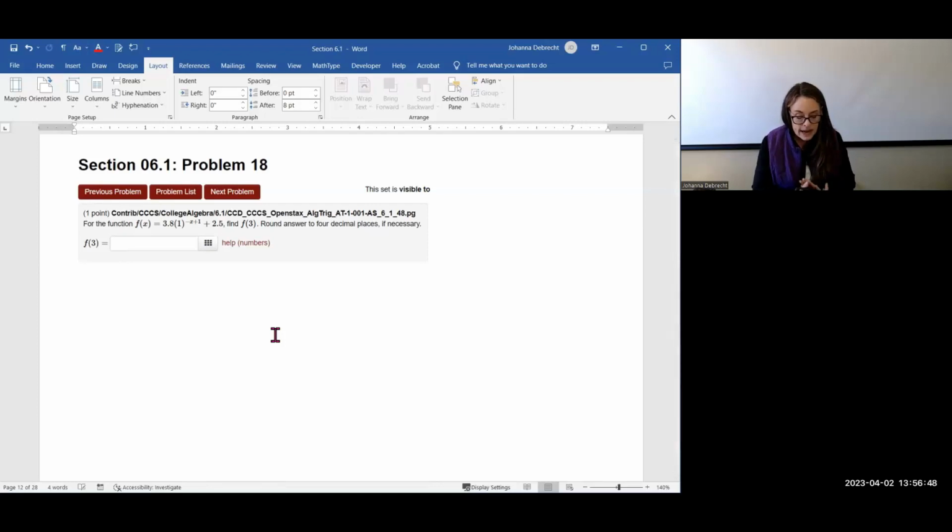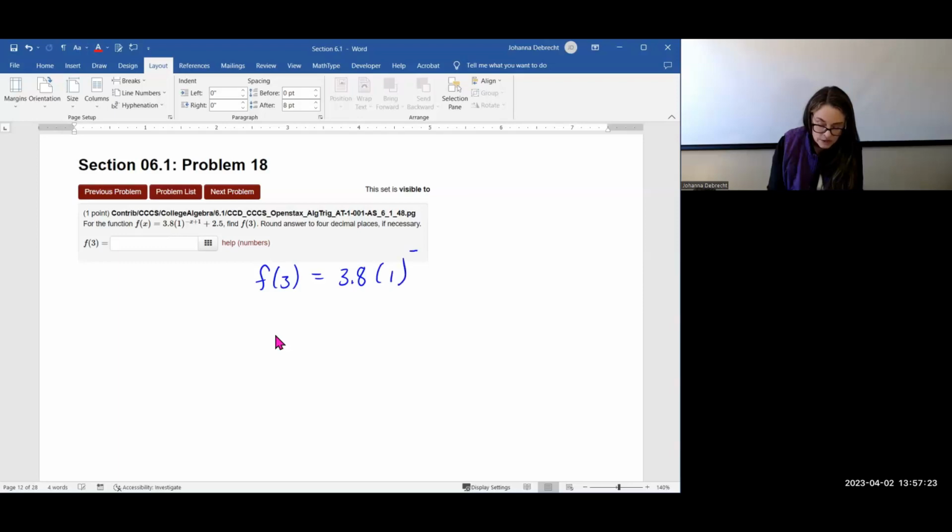I've got 3.8 at the front as an initial value. I've got 1 for the base. Whoa, now exponentials, the base has to be strictly positive and not 1. It's not exponential, right? So when I'm looking at this one, 1 to any power is actually 1. So I'm thinking this is probably just a constant function, which sounds kind of crazy, but let's check it out and see. So f of 3 is going to give me 3.8 times 1 being raised to the negative 3